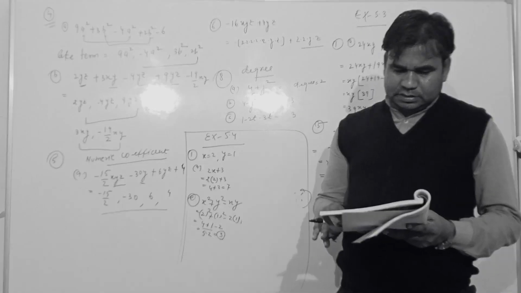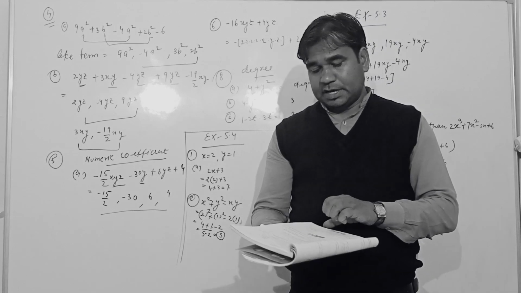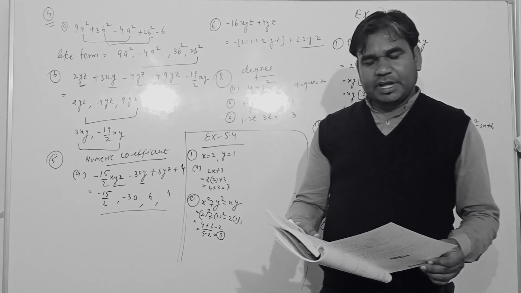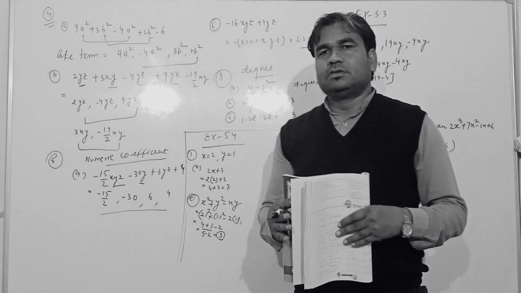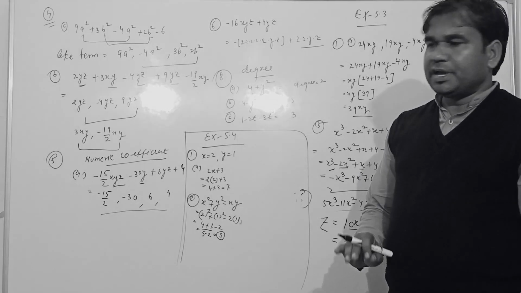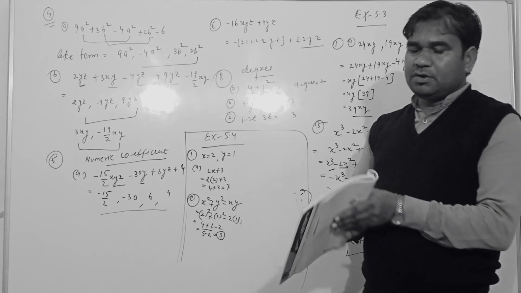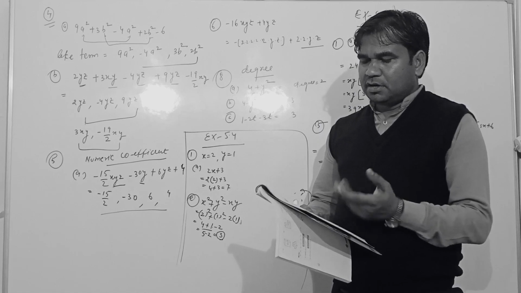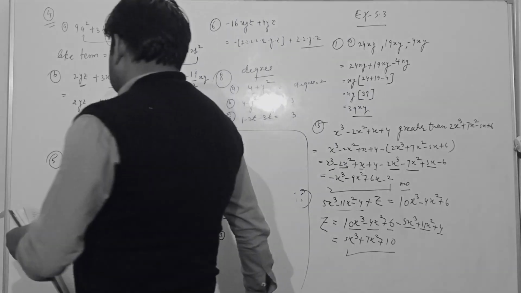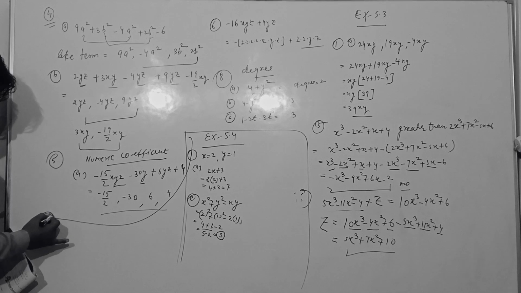So in the second question also find the expression if a equal to 2, b equal to minus 2 and c equal to 1. So this is the expression. By putting the values we find out the value. So this is in exercise 5.4. We have to learn and we have to discuss here. If you want to take another question, let me see question number 5 also. So of the exercise here, this is question number 5.